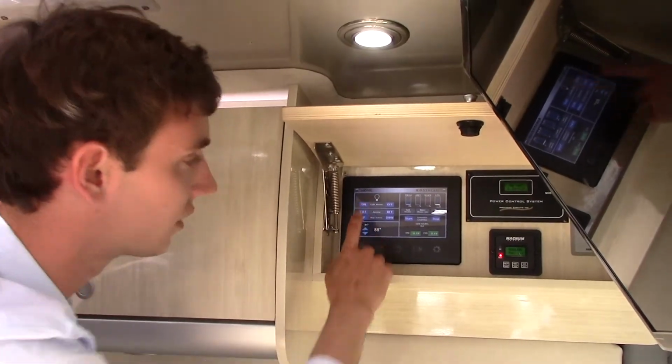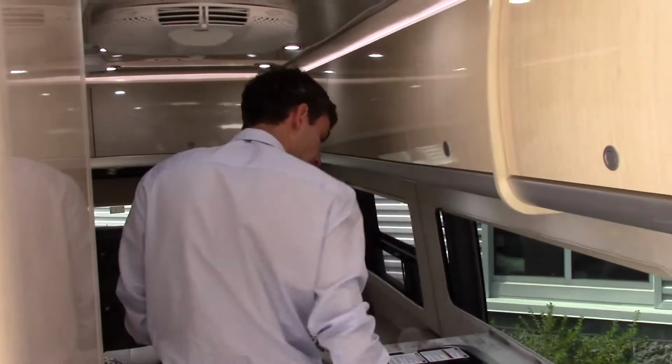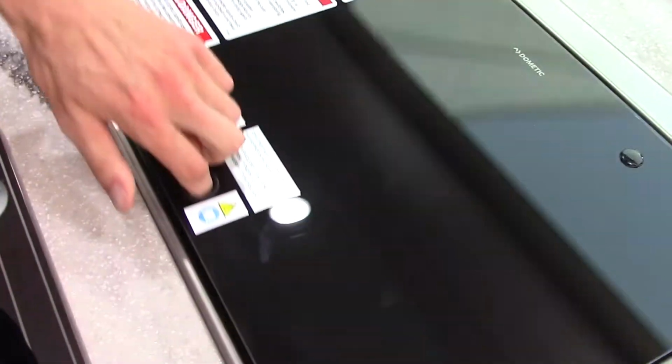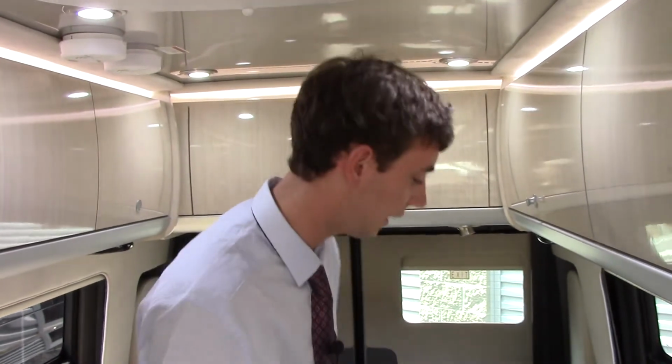So we want to turn all these lights on. It's as easy as turning that little switch, and we see it's all lit up here. So moving further back, we have our sink and 2-burner stove. So on the Grand Tour and the Lounge Edition, this setup is going to be very similar, but what you get on the Grand Tour is a little more counter space, and I'll get into that a little later into the video. And moving back here, we have our